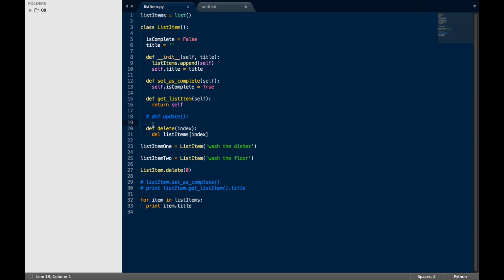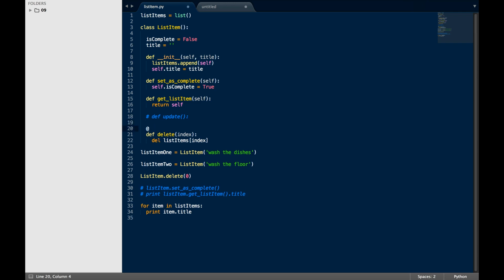That is very important because we are explicitly telling Python that we do not want an instance to be related to this method at all. There is a special keyword, which is the @ and then static method, which we use to tell Python that whatever code block comes next is going to be